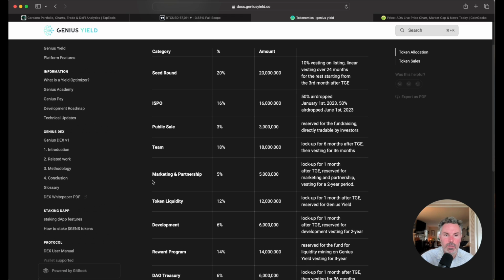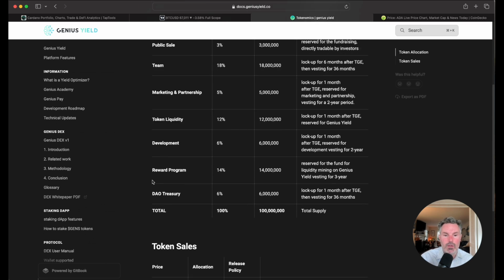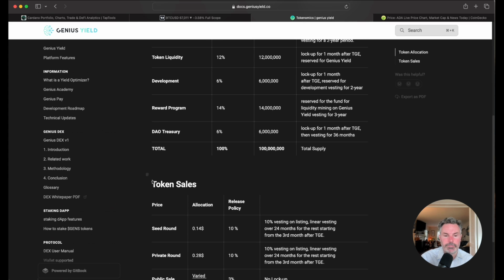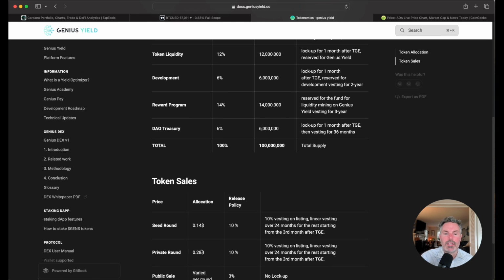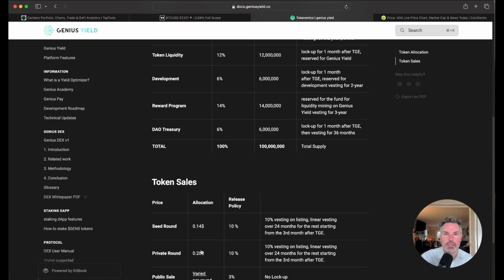And that's, to me, pretty incredible when you think about that. And I think the seed round could have been divided into private round and seed round. So a division of these, and a certain amount were sold at 28 cents. There's a lot of people that purchased the tokens here. Now, what I want to take you to is back to the GENS chart, and we can go to